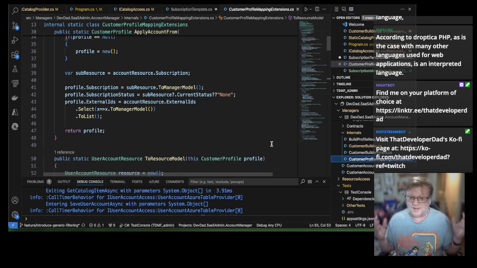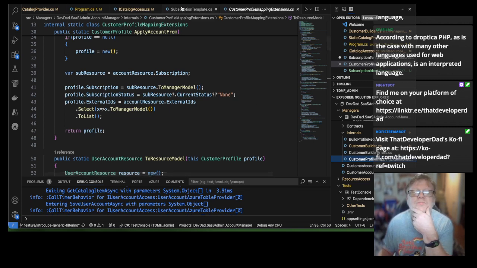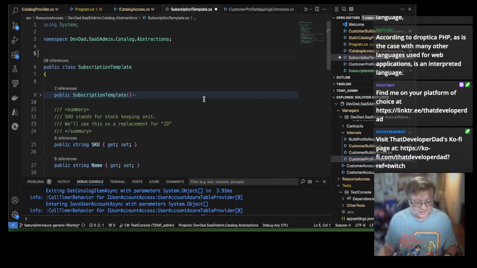So I'm going to write a ton of this mapping code, even though each of these objects represent the same conceptual thing, the customer profile. I want a better way of doing that. So just by way of example, on this customer subscription, on this subscription template,